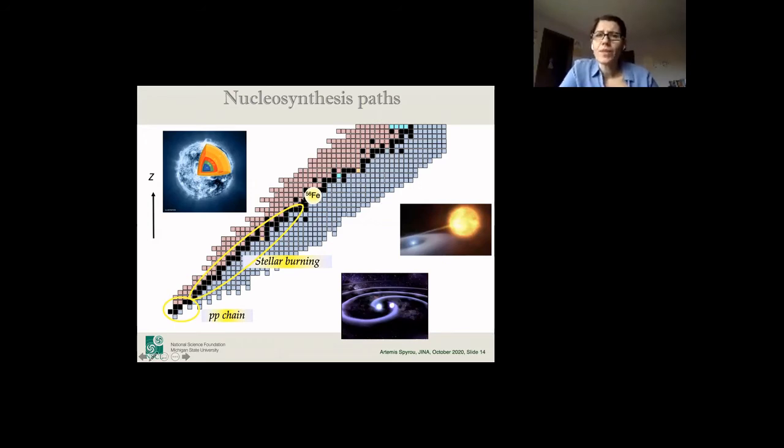Iron is special. You saw earlier, we have a peak around iron. Iron is special because as you go heavier and heavier, it gets harder and harder to get a proton and squeeze it into the nucleus, because as the nucleus is heavier, there's a Coulomb force, Coulomb repulsion between the two charged particles. The proton is charged and the nucleus is charged.